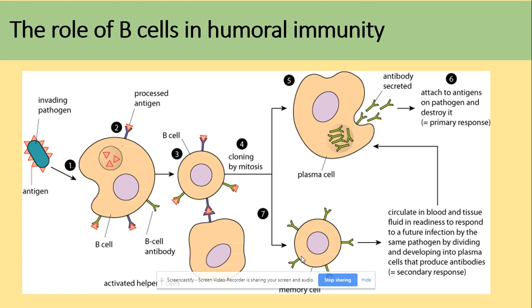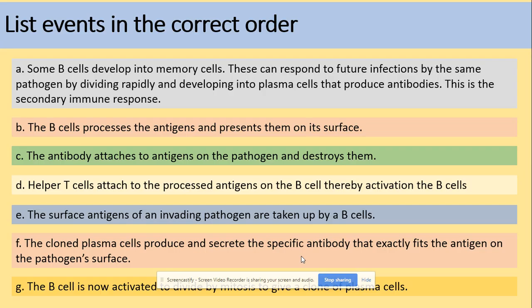Okay, so a quick activity for you here: list those events in the correct order, to explain, to describe how the B cells